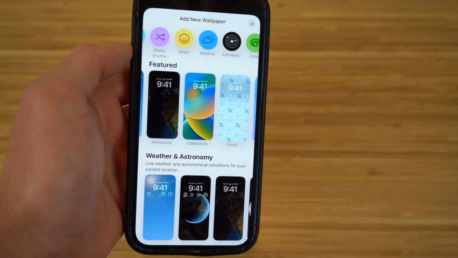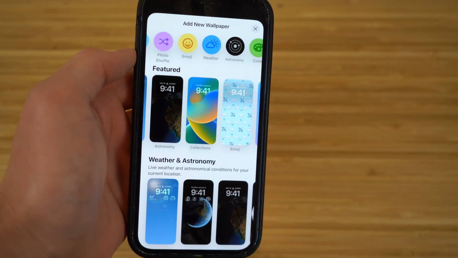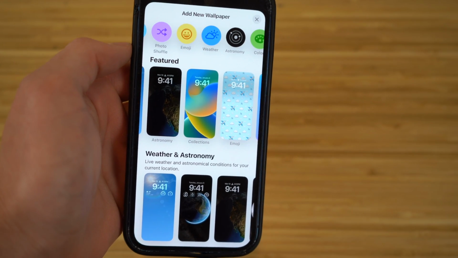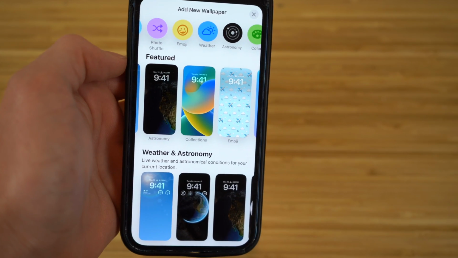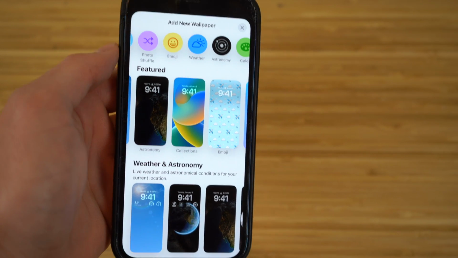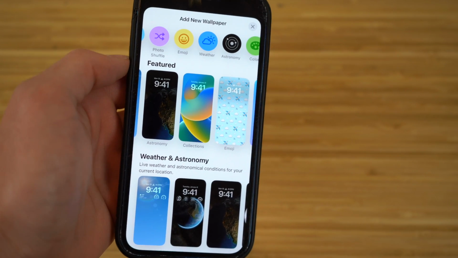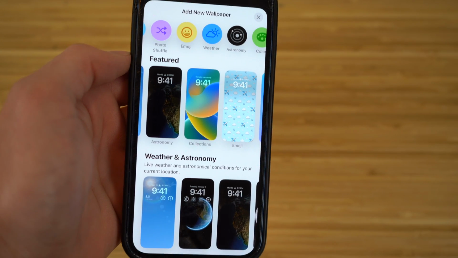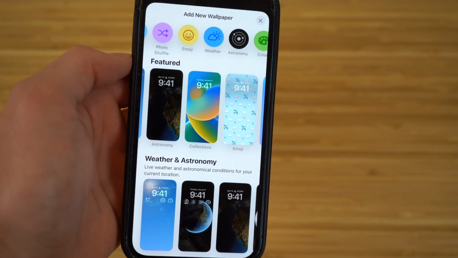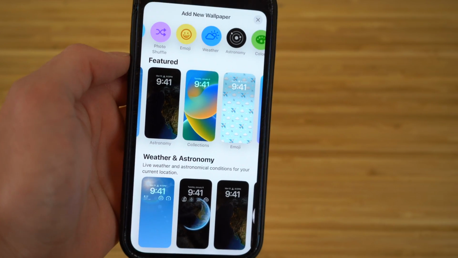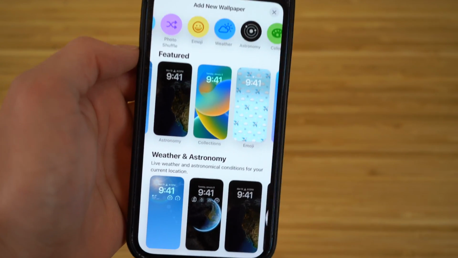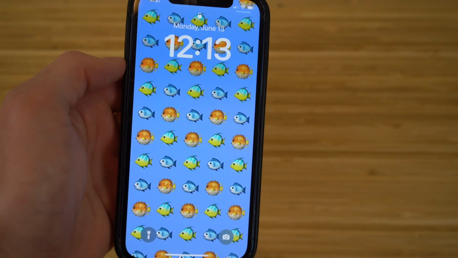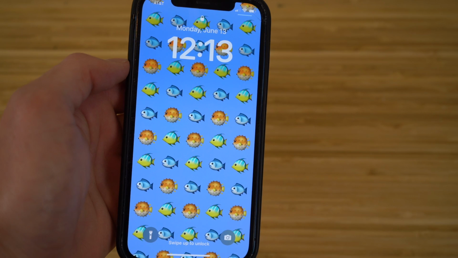When adding new wallpapers to your iOS 16 iPhone, you guys can actually do a photo shuffle as well. And by clicking this is going to allow you to choose multiple photos you want to be shown on your wallpaper. And then throughout the day, these photos are going to shift depending on what time of day it is, and it'll show all those photos that you added onto your lock screen, and it'll just continue to change throughout the day as you use your phone. I think this is a super cool way to integrate your photos with your wallpaper, so definitely check that out when you guys get the chance. I think it's super cool, and that's another great feature you guys can use using the wallpaper on iOS 16